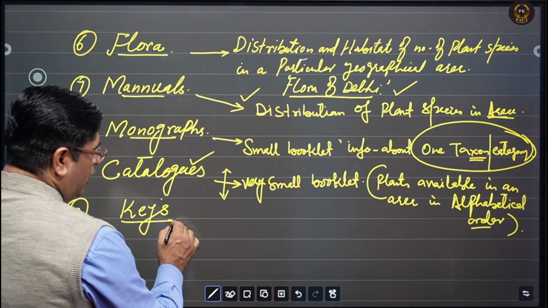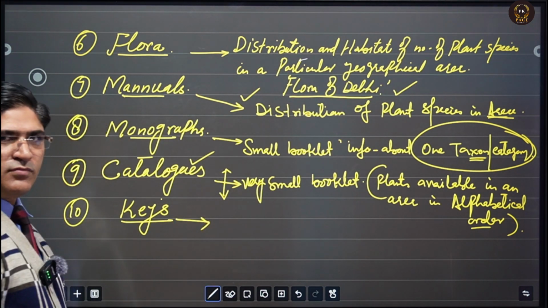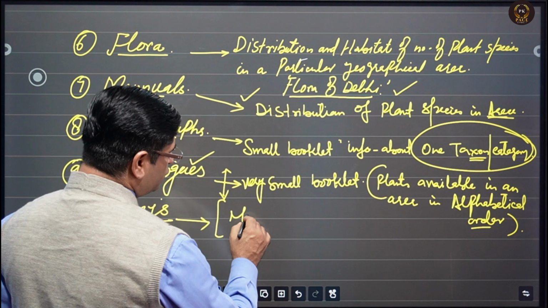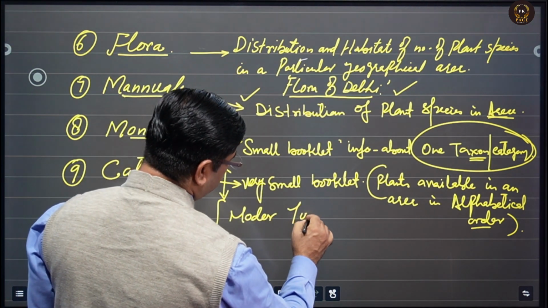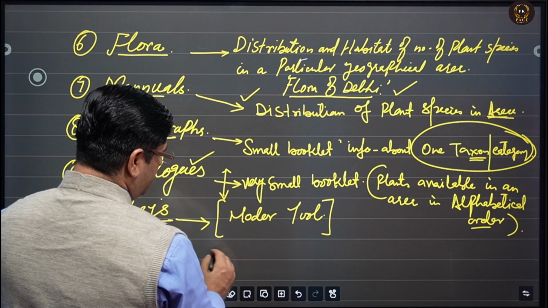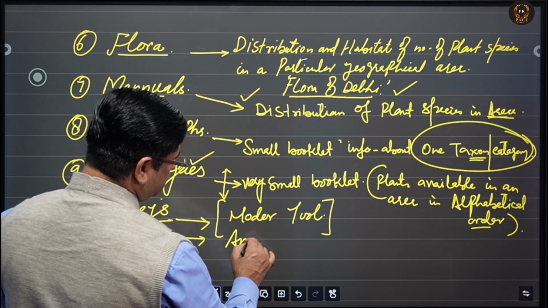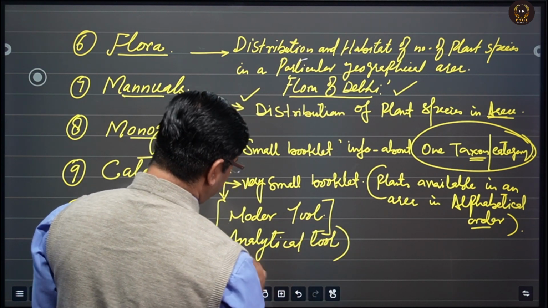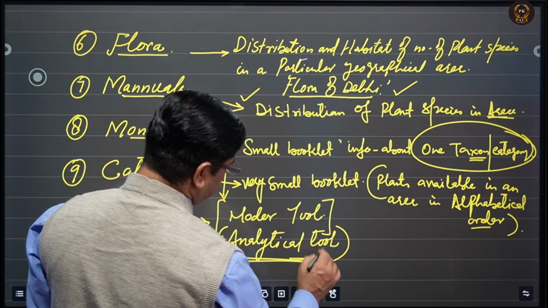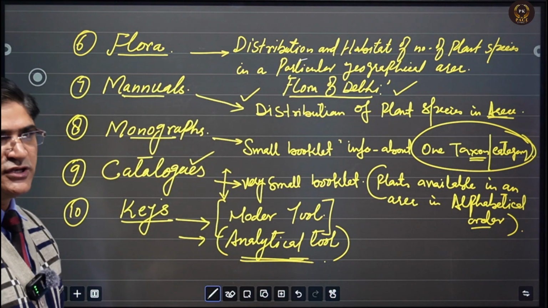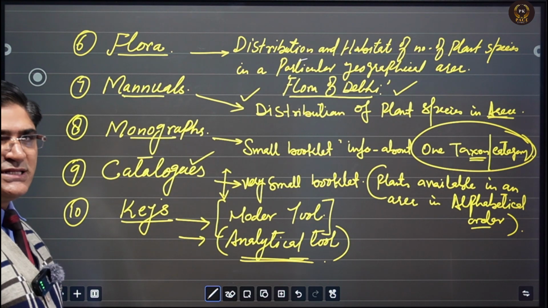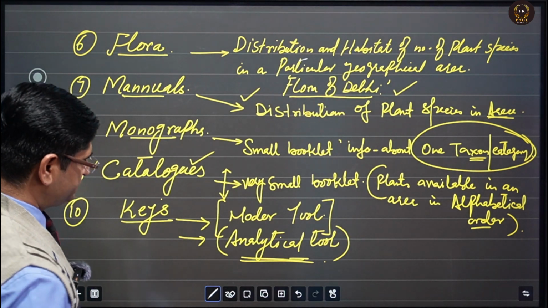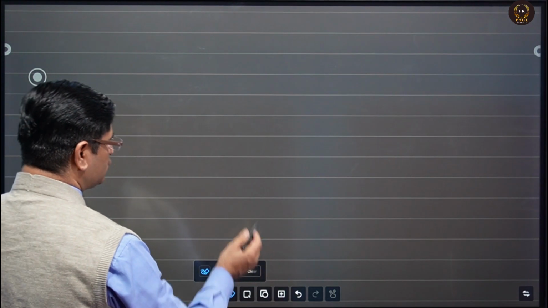Okay, now another tool is the key. It's called a key tool. Key is a modern tool, and it is an analytical tool. It is based on analytical analysis, like it gives analytical situations. This tool has been designed by the taxonomists to make their classification convenient. So for this tool, key,